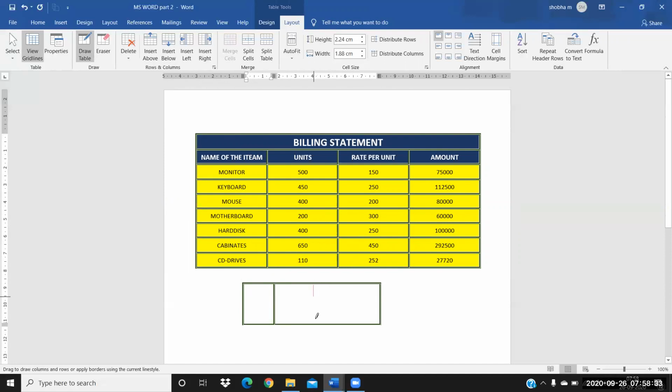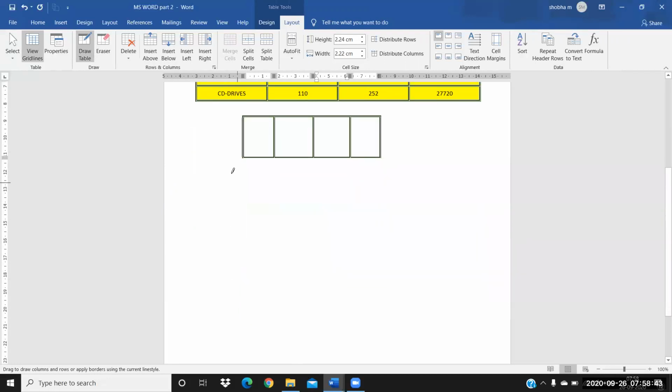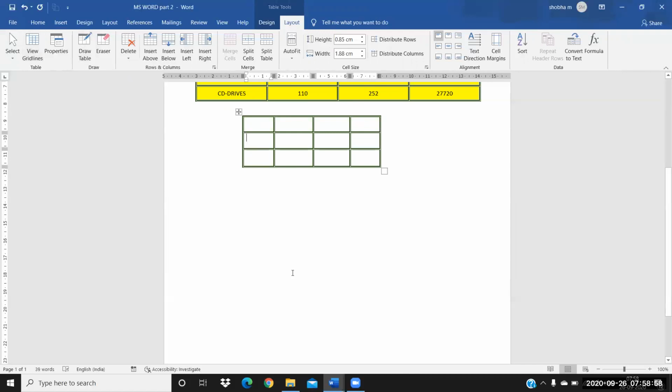Wherever you want, you can draw a column here, bigger or smaller in size. I want a row, so I'm just drawing a row here. You just have to click the mouse and drag it. So this is all about how you can draw the table.